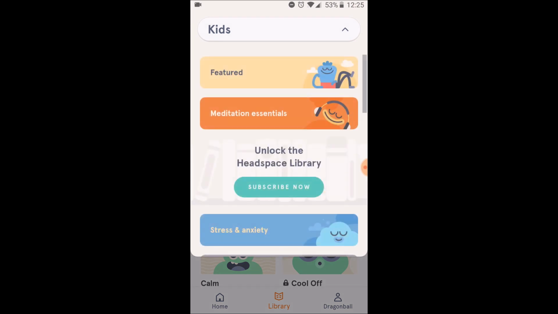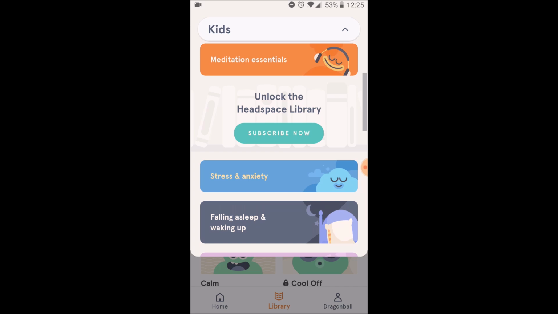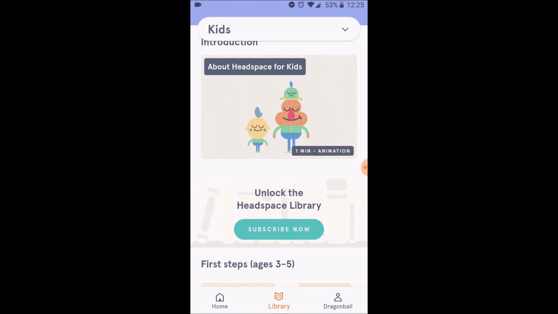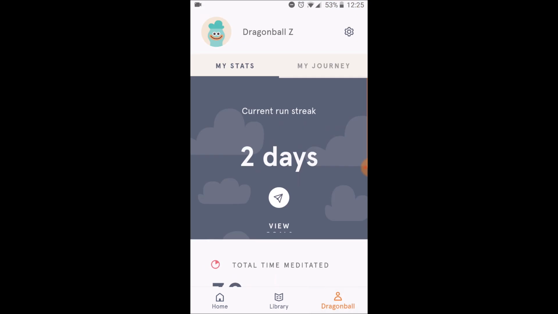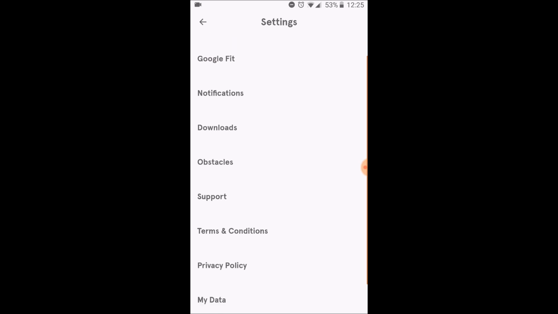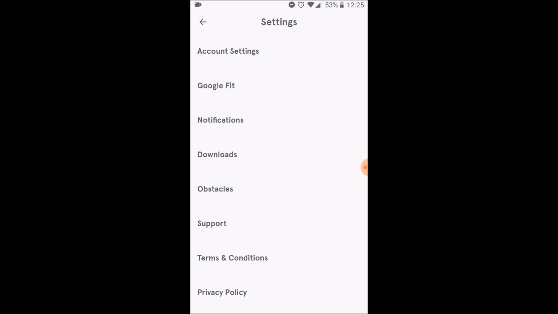As you can see, lots of different modules, and a lot of these do sit behind a subscription paywall, which, if I'm being honest, is not too bad. So in total, it costs either £9.99 a month, or you can pay on an annual basis, which works out at £6 something, so a total of £72 for the year. And you can also, at the moment, obtain a cheaper subscription rate, which is 40% off, so it works out about £44 a year. You can access it through different models, so Anxiety UK, which is a group that offers a Headspace subscription as part of its subscription, and there's a link to this in the